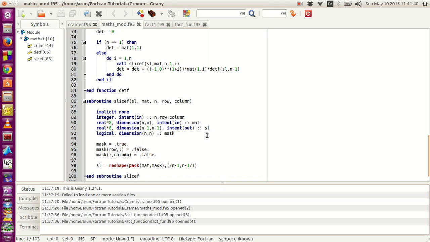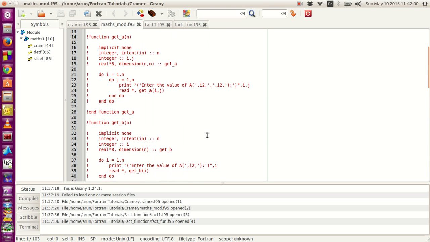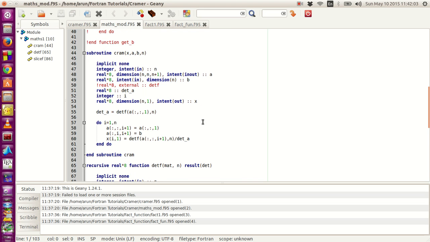what if I can group these functions and subroutines together in such a manner that they behave rather as a team? A module helps with that. What a module does is it makes sure that all the functions and subroutines defined inside it behave like a team, as a part of a team. They become internal to it. And a module is something like a program, but it needs a program to